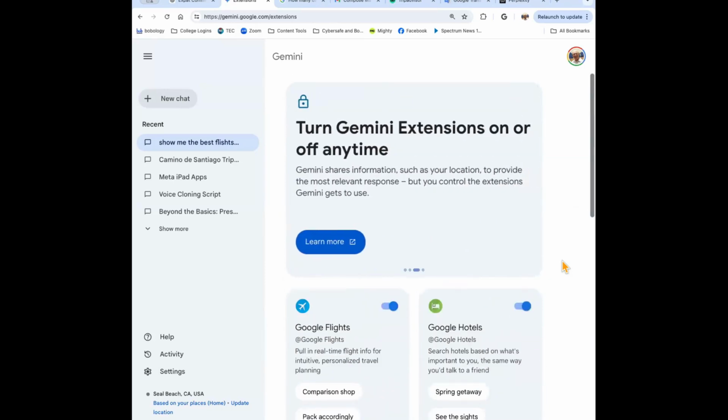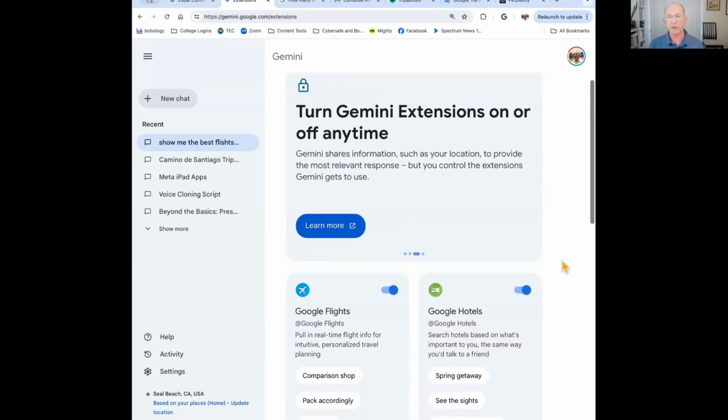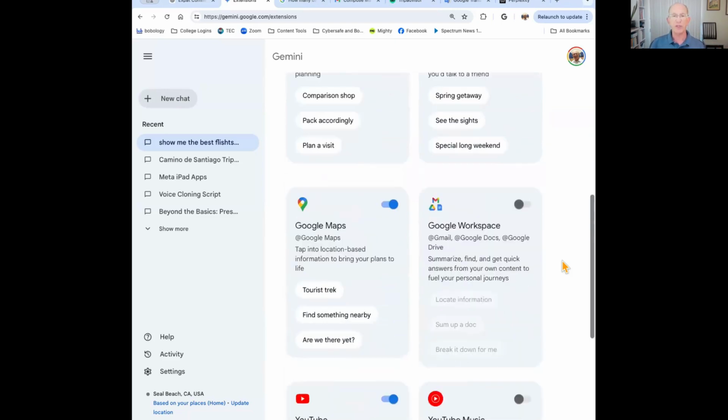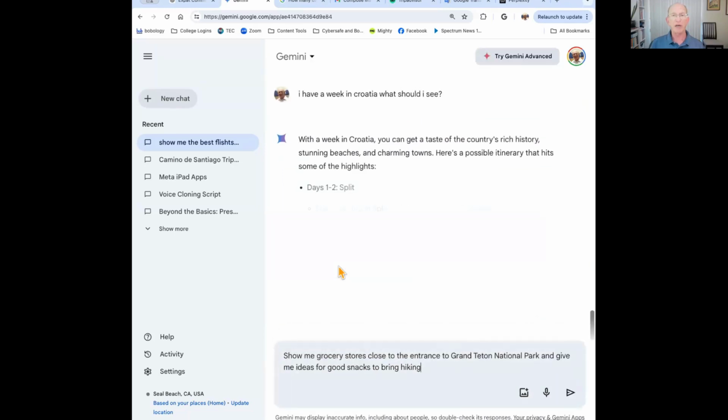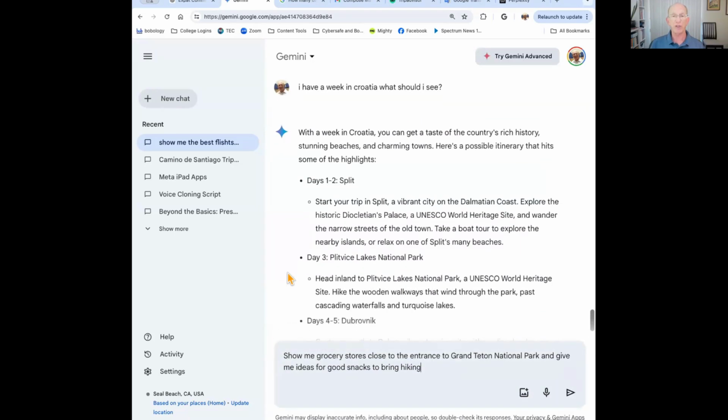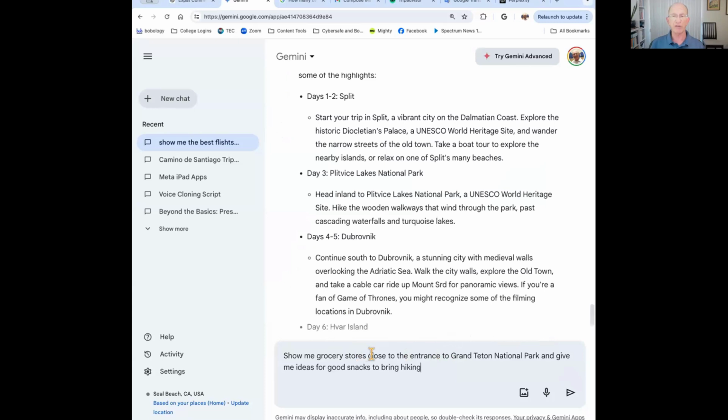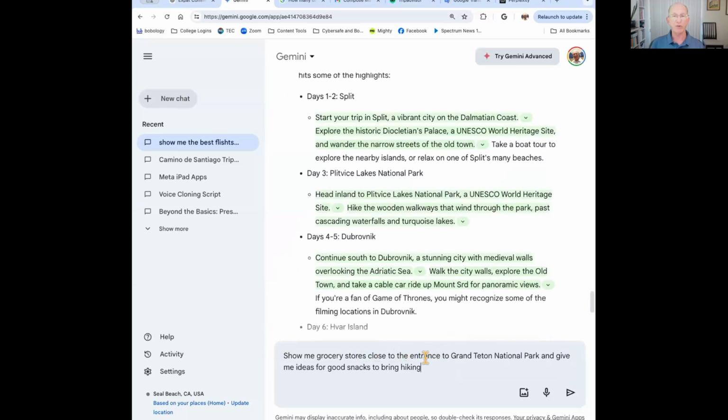Sure. So it's going to share information, but you control the extensions. And so if you're interested in finding something nearby, it'll say, okay, here's a different prompt. Show me grocery stores close to the entrance of Grand Teton National Park and give me ideas to bring good snacks for hiking.